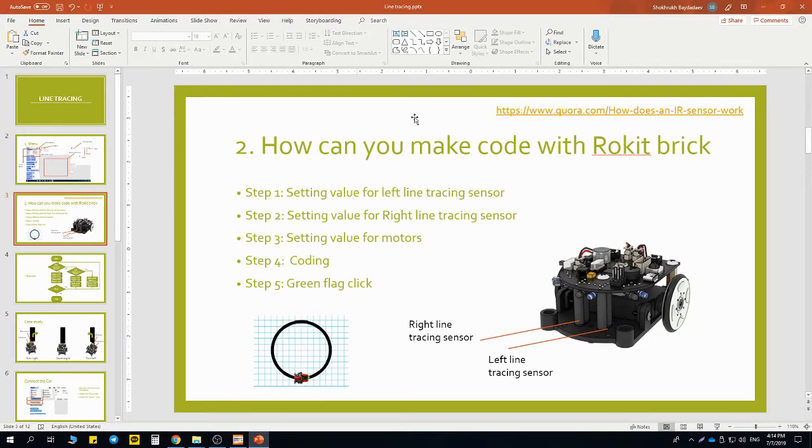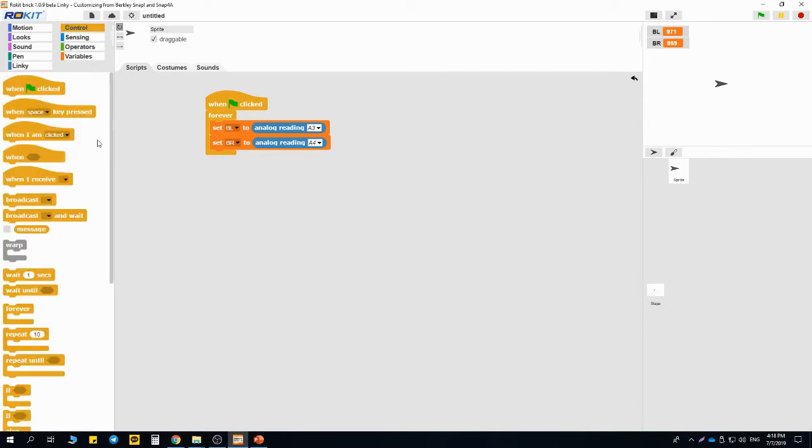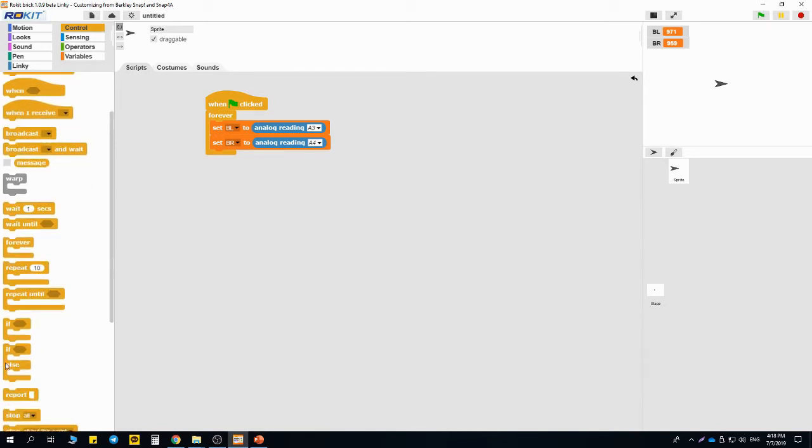This is circle. So now we checked our sensors. Next, we should check our moving conditions. When our car is moving, we need to check our sensors also. So in order to give some condition, we should go to the control and choose the if else condition,